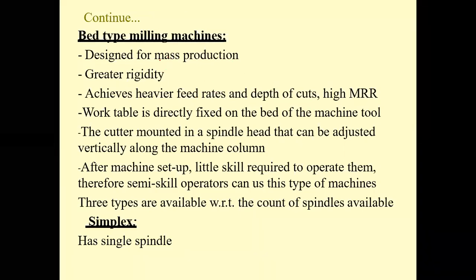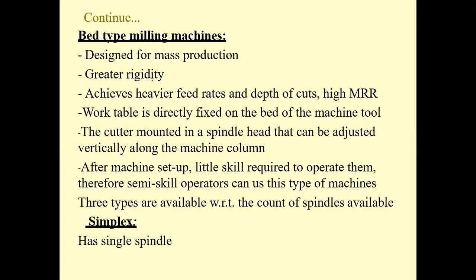As you've seen in that previous slide, loading and machining can be performed simultaneously, so that your machining time can be reduced, especially loading and unloading time, and your production rate can increase. The number of components you produce in one day, compared with a general type of milling machine, is higher, since more components can be manufactured at the same time. That's why productivity increases, and that's why it is normally used for mass production.